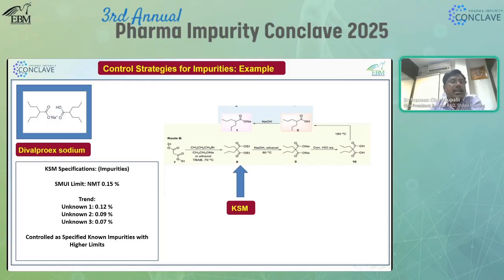By that, the FDA regulatory authority was convinced with our control strategy and approved our DMF, and our NDA was approved in the US for this product. Here we have not controlled these impurities at the 0.05 level where control was mandatory; however, we have established the control strategy. So as per the guideline, either is acceptable: either control or a control strategy is mandatory for any impurity in the drug substance or drug product.